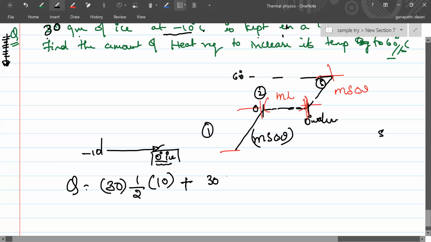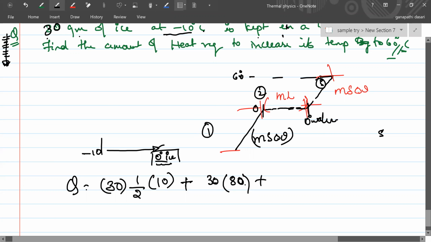Second stage. L is how much? Ice to water, what is the latent heat? It is 80 calories per gram. So 30 into 80, plus